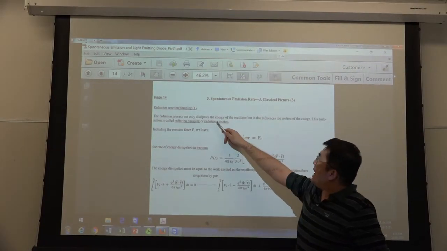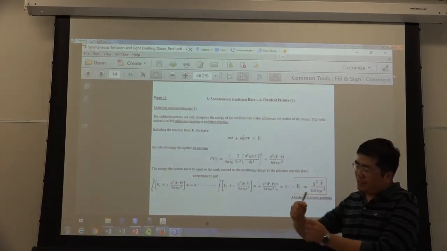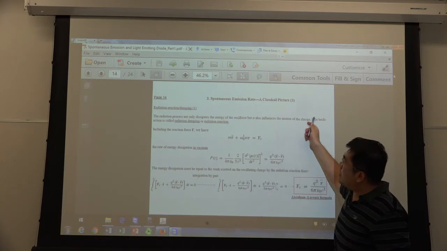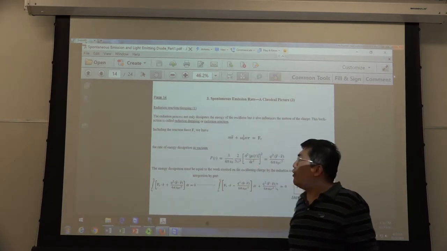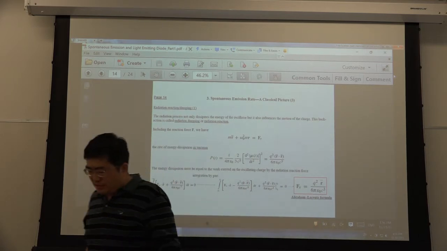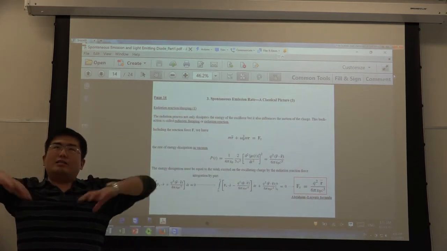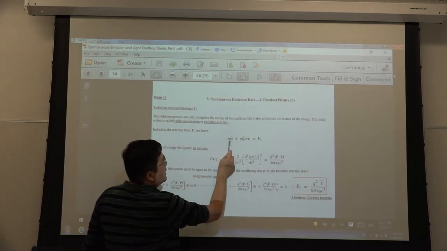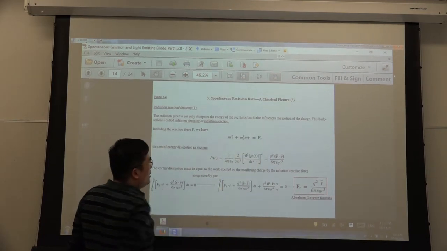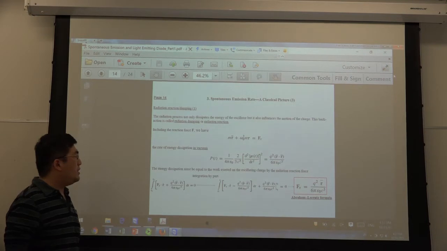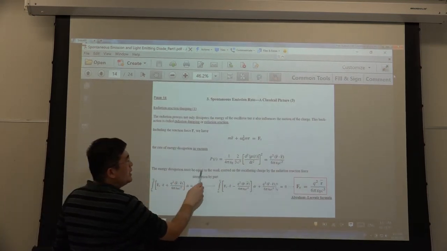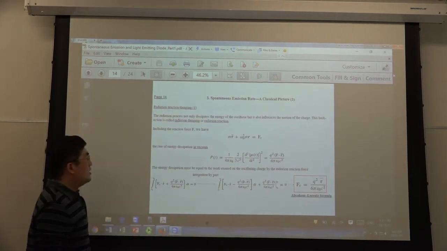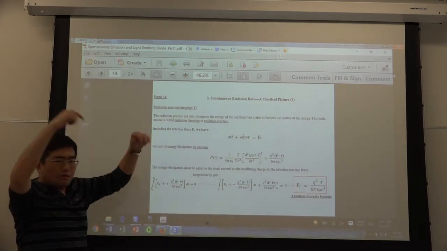The radiation process does not dissipate the energy of the oscillator. You can see the dipole oscillator: when it emits power, it will damp. When it is damped, we call it radiation damping. There is some reaction force. When you emit the EM field, there has to be a force on this dipole source. This is a harmonic oscillator, so this m r-double-dot is the harmonic oscillator, and this is the force. How to calculate the force? It's easy, because the energy dissipation must equal the work exerted on the oscillating charge by the radiation force. When it emits power, there is a force on this dipole.